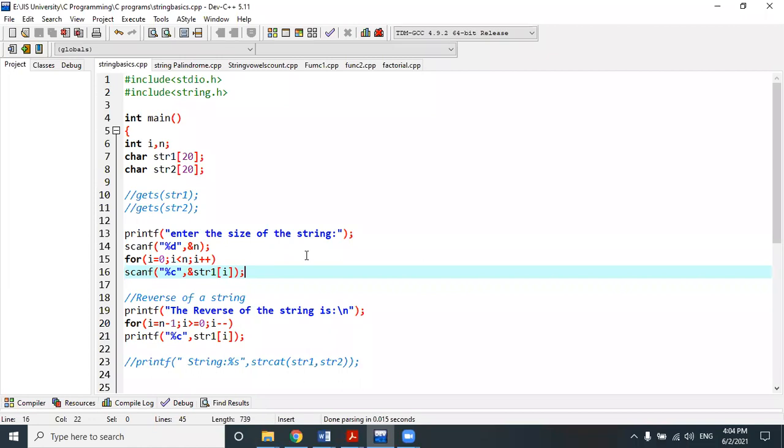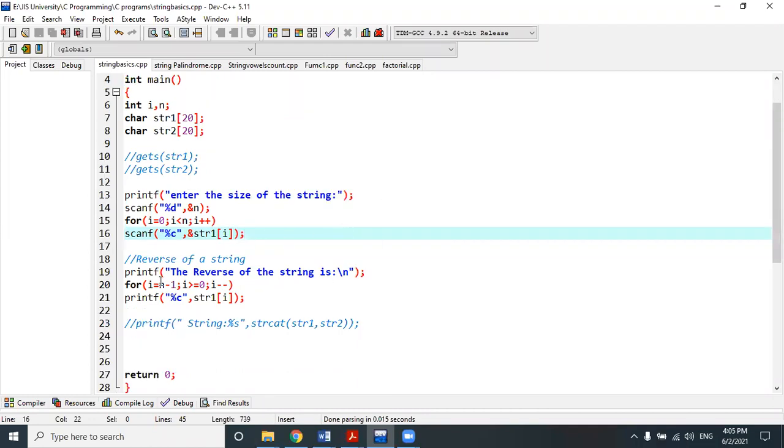Program. Okay, so today I want to show you one more program, how we can perform the reverse of a string. As all of you know, we can perform the reverse of a string, and we will apply this reverse concept of a string to find out the palindrome. That means when we are going to check whether a string is a palindrome or not, in that case we will actually apply the reverse concept or reversal concept of a string.